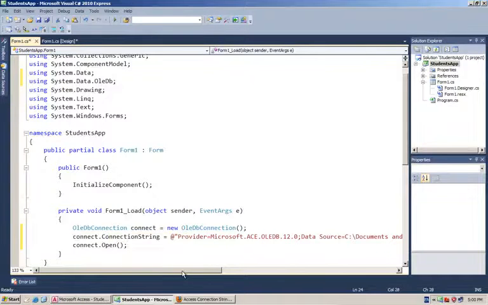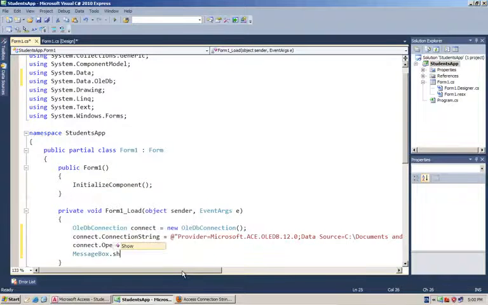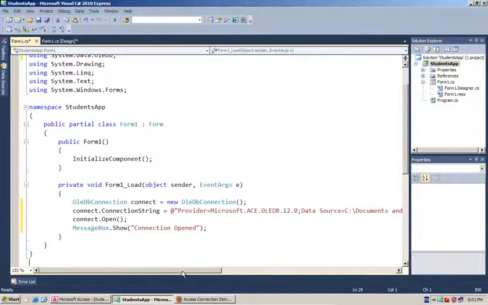Now, in case, let me also... okay, this code is placed in the form load code. So in case there was a problem connecting to this database, we will have an exception. Otherwise, this message box will be displayed. I'll press F5 to run the application, and